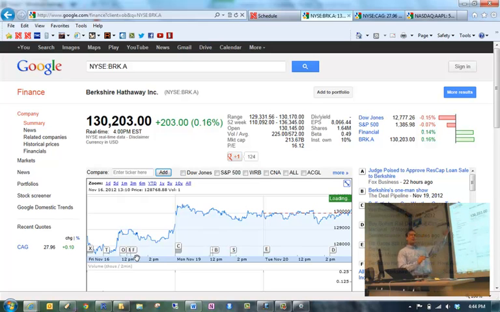I happen to be a shareholder of Berkshire Hathaway, but I do not own any of the Berkshire Hathaway A shares. I have the B shares, and I only bought one share a few years ago, just so I could go to the Berkshire Hathaway meetings. I don't know how much you follow Berkshire Hathaway, but Berkshire B was originally, I think in the 1990s, meant to be like 1/100th of a Berkshire A, something like that. Now they've split the stock. It was a 50-to-1 split, so now it's trading at